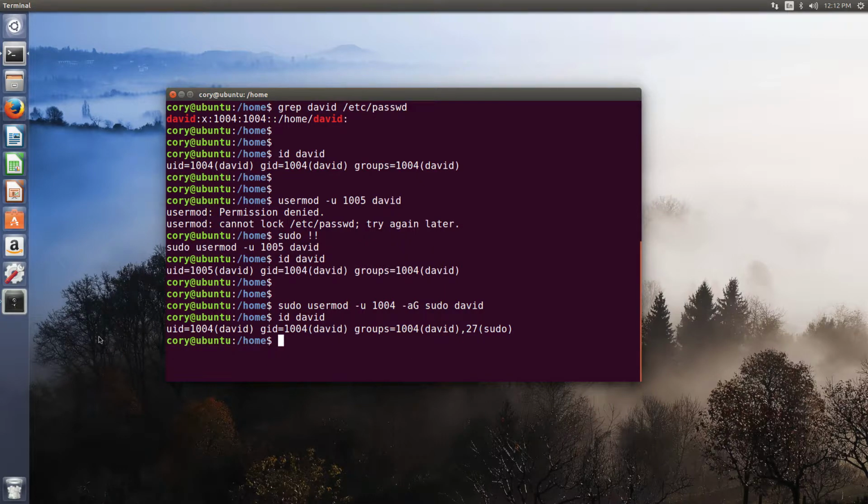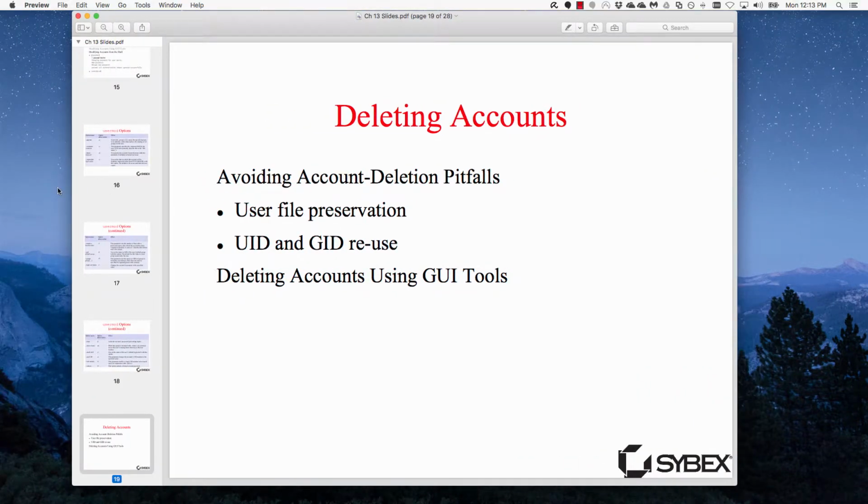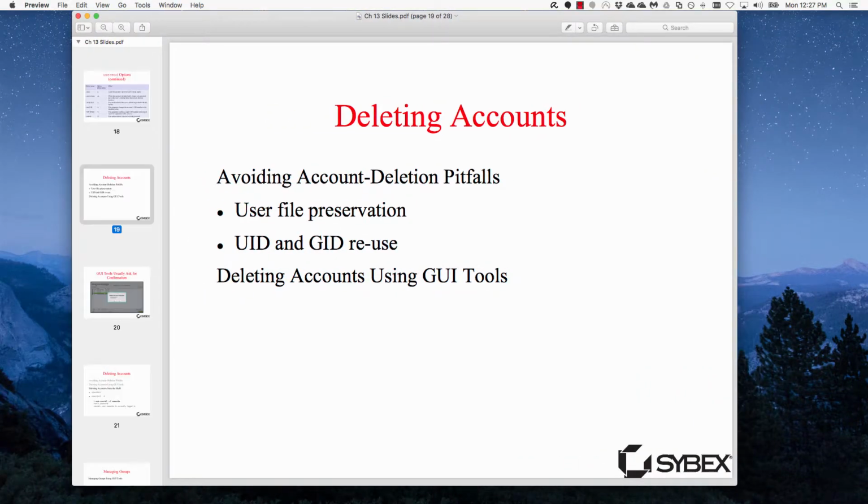Alright, so moving right along here, let's also look at how we can delete accounts. So as a systems administrator, when we go to delete an account, there's a few things that we're going to want to think about. One of them is user file preservation. So thinking in the context of a company here, if we fire David or David leaves, then some of the files that David was working on are probably important to our company and we need to keep them around. So we don't want to just go and delete all of David's files because they could be important to us. So we need to either copy them somewhere or leave his home directory intact so that we can get access